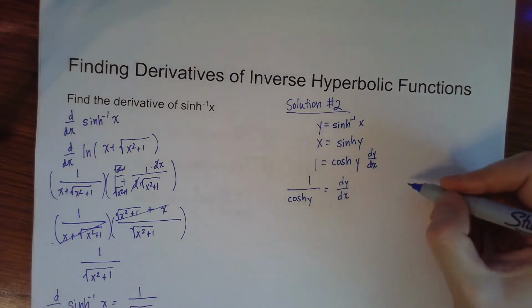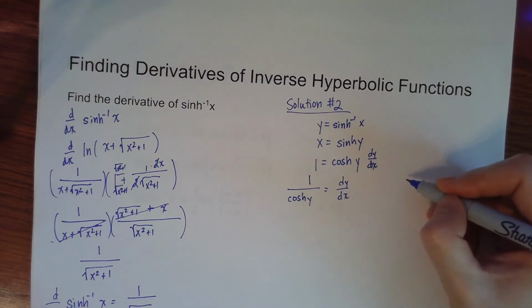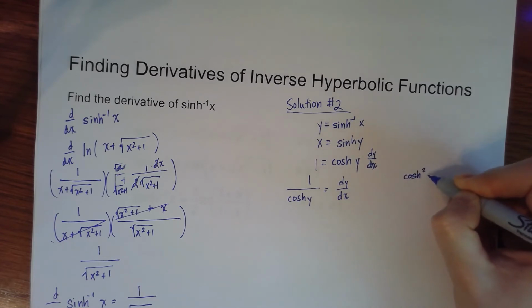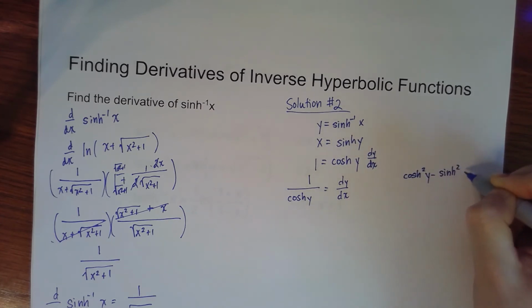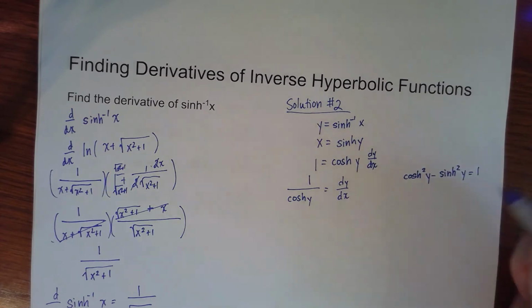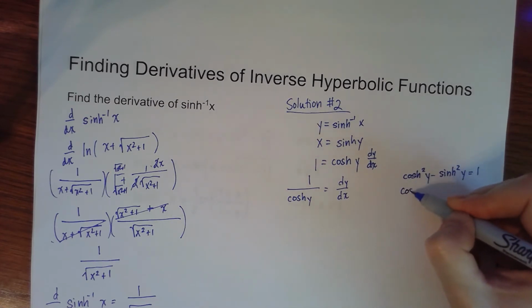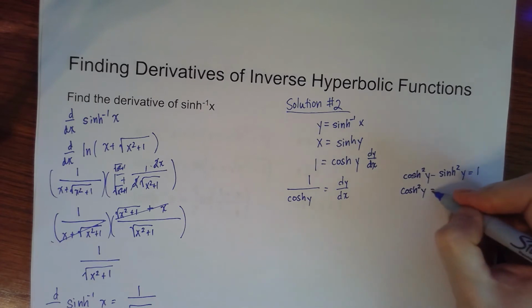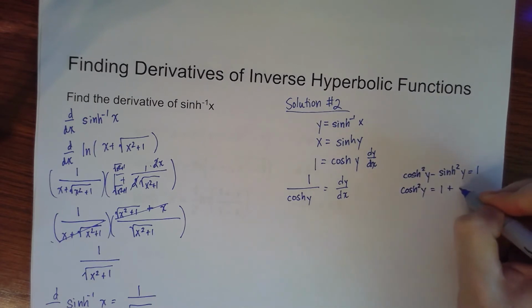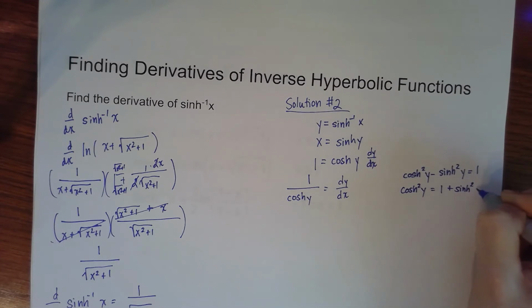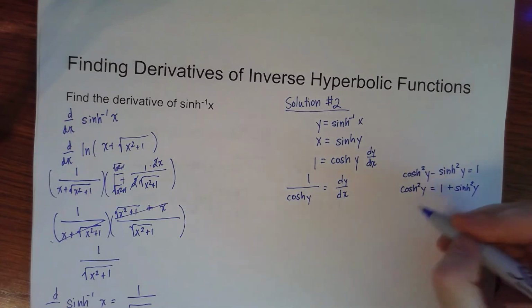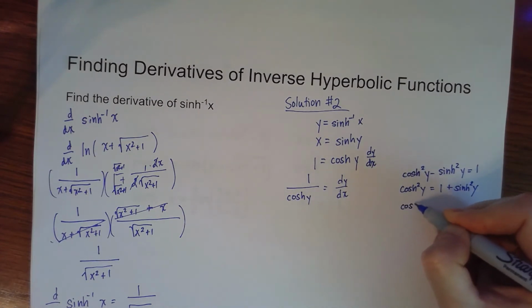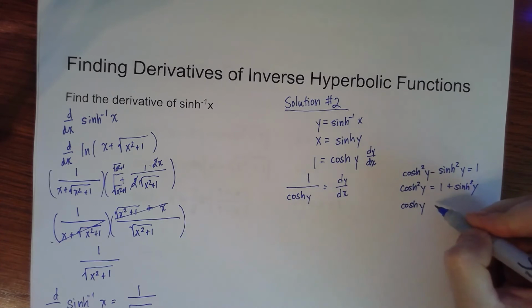Okay, so if we think about the hyperbolic identity, we know that the hyperbolic cosine squared of y minus the hyperbolic sine squared of y equals 1. And so the hyperbolic cosine squared of y equals 1 plus the hyperbolic sine squared of y. And then if I take the square root of both sides, I'll get that the hyperbolic cosine of y equals,